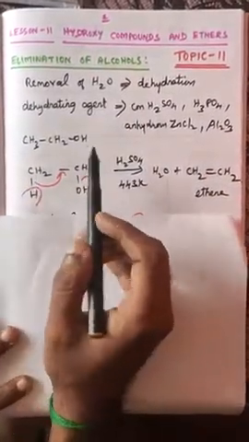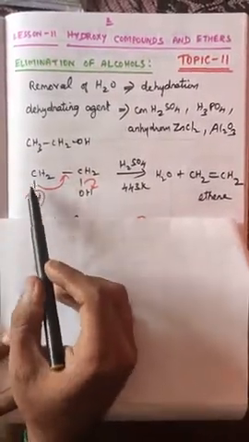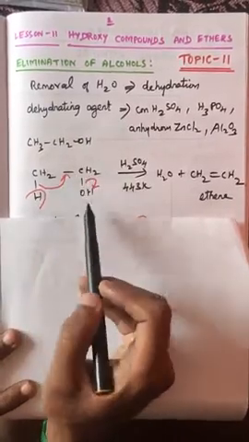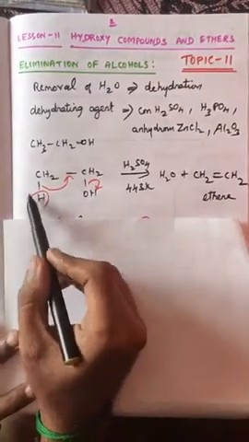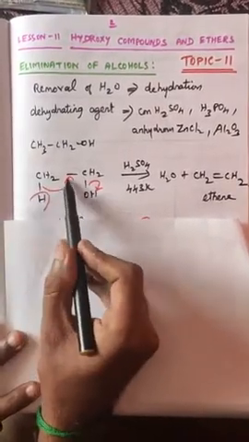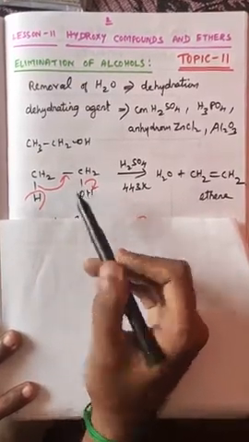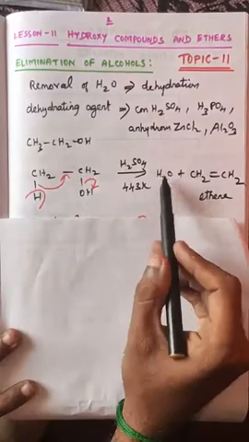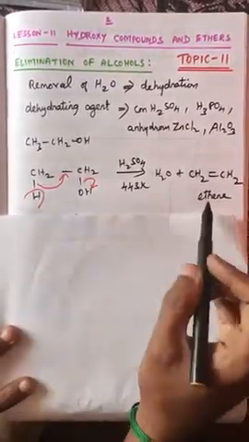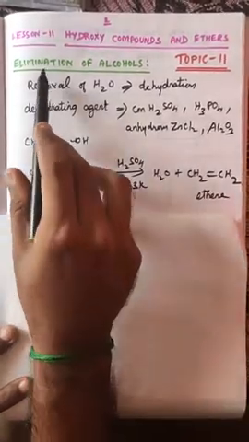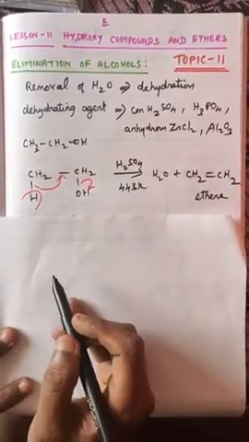First I am going to take ethyl alcohol, CH3CH2OH. I will write it like this: CH3 bond CH2 bond OH. Upon treatment with sulfuric acid at 443 Kelvin, the hydrogen will get eliminated. As a result, this bond will shift over here and this bond will shift over to the oxygen as a negative charge. So H plus and OH minus combine together to form water, remaining CH2 double bond CH2, ethene. So ethyl alcohol now becomes ethene. In general, in all elimination reactions, a saturated compound gets converted into an unsaturated compound.